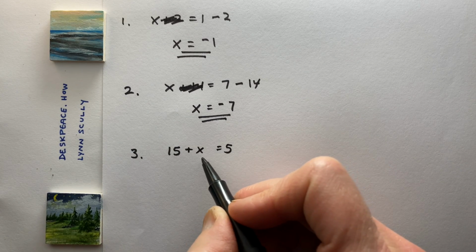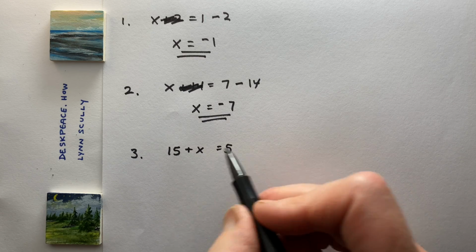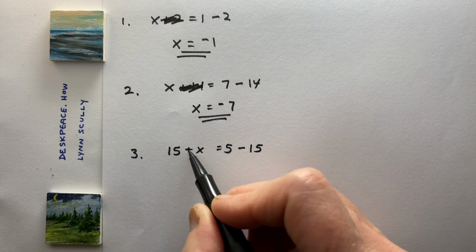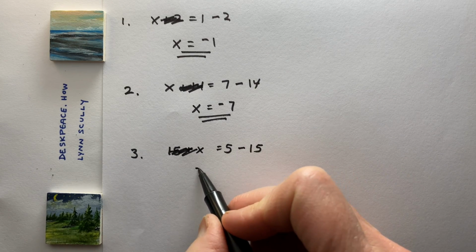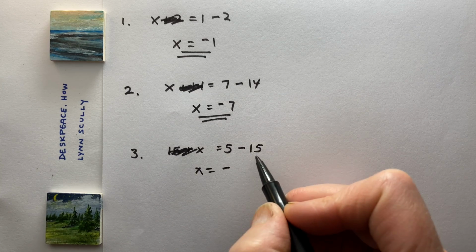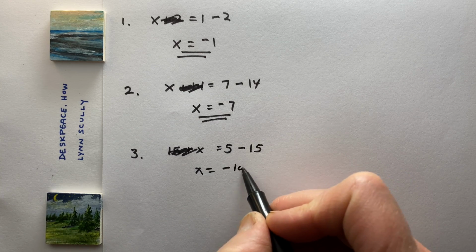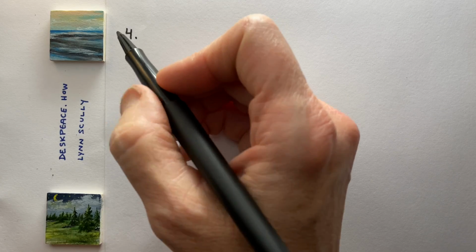Number 3, 15 plus x equals 5. I want to get the x alone. 15 is attached by addition, move it by subtraction to the other side of the equal sign. X equals -15 minus 5 is 10. Number 4,